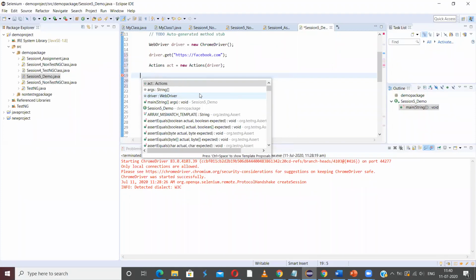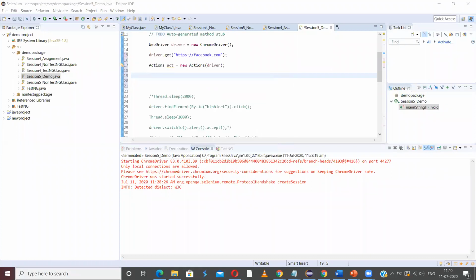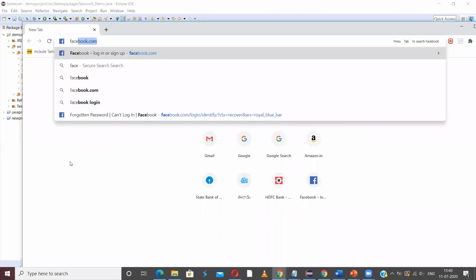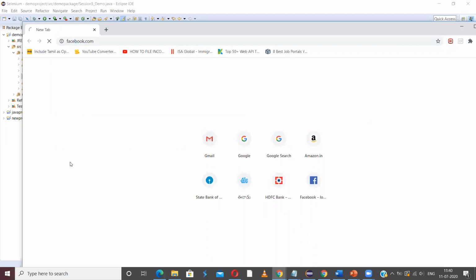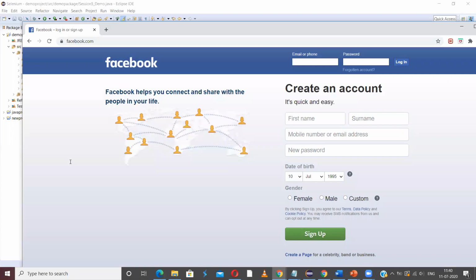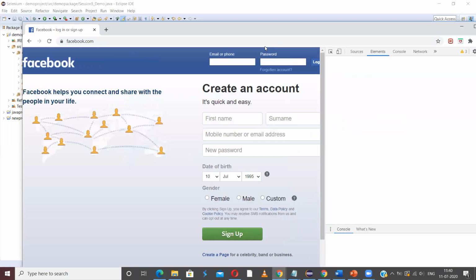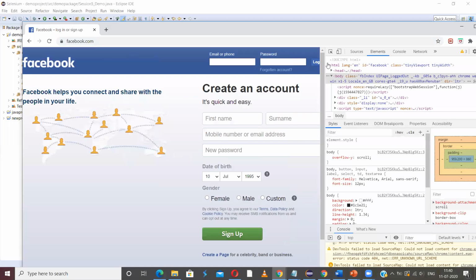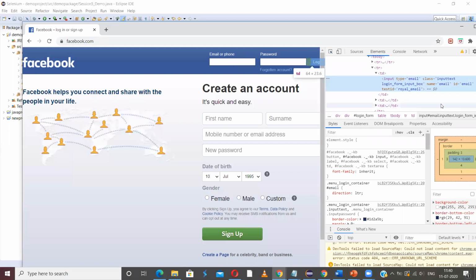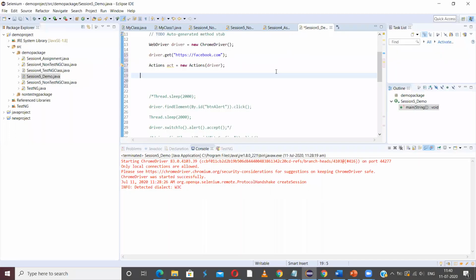So let me first open this one, Facebook.com. So the property is email, right? Okay.